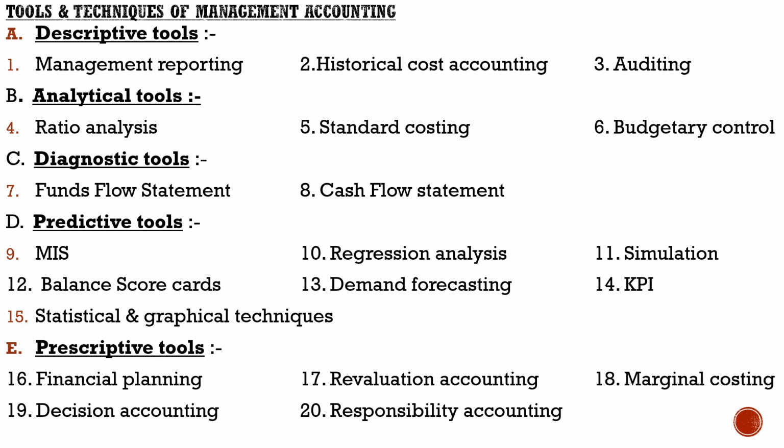So next one, decision accounting. Decision making is the core function of top management, and we all know that. For this purpose, the technique of decision accounting is used in management accounting. Decision making involves a choice of the best possible option from various alternatives. Decision accounting considers financial implications of each alternative course of action and enables the management to select the best course of action. That is the concept of decision accounting.